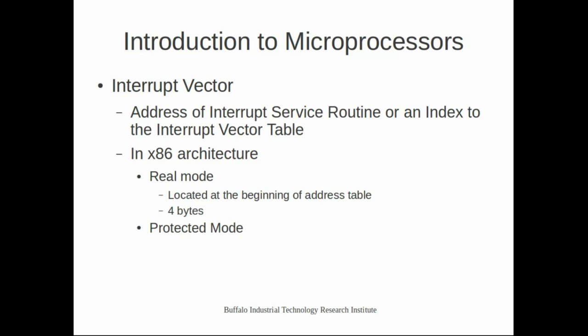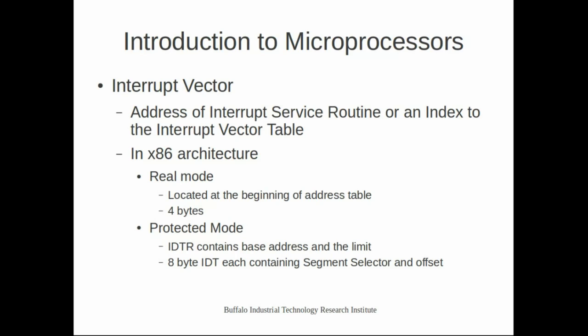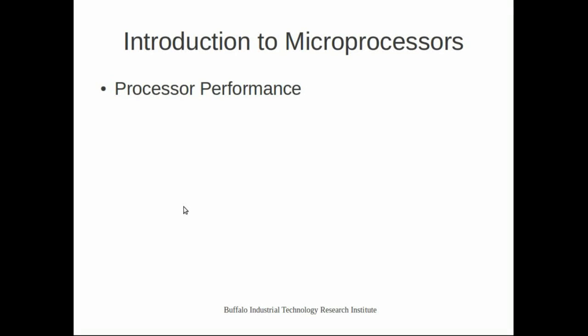In protected mode, a register called the interrupt descriptor table register contains the base address and the limit. The 8-byte IDT entry contains the segment selector and offset, which point to the interrupt service routine for servicing that specific interrupt. Performance of microprocessors. The performance of a microprocessor can be measured by the time taken by the processor to